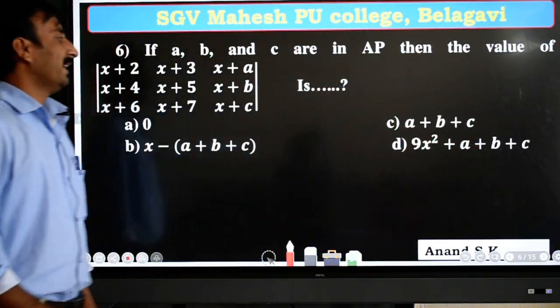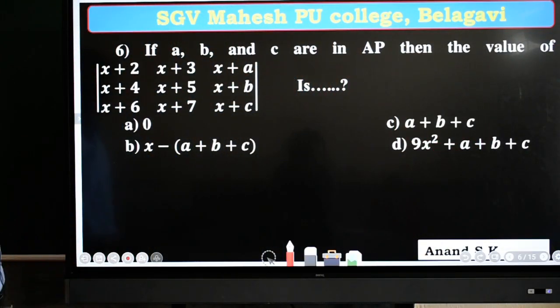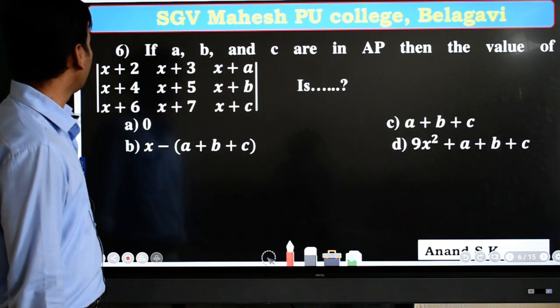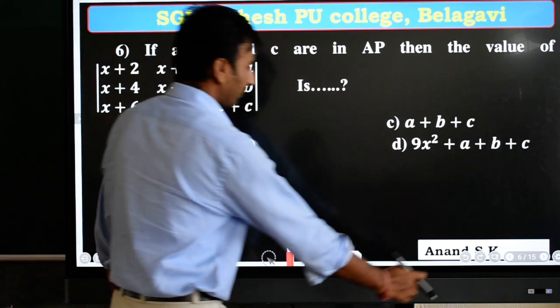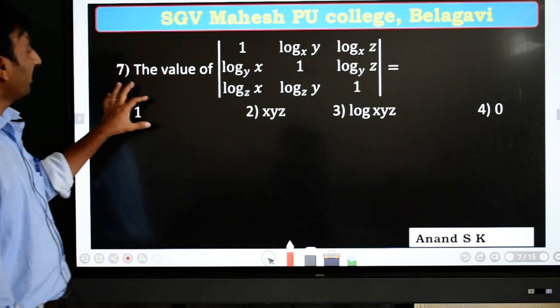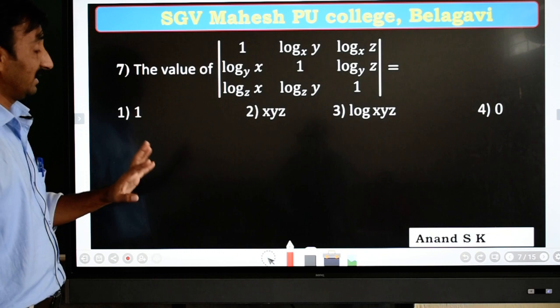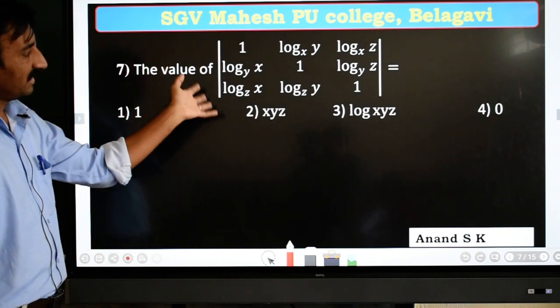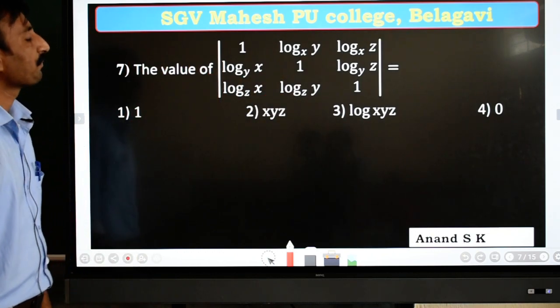Yes. Next one. The next problem, this is x plus 2, x plus 3. I will skip this and go for the next problem. Later on I will come back. So here the determinant of a matrix is given, and the expansion of this determinant will be one of these values. See here,